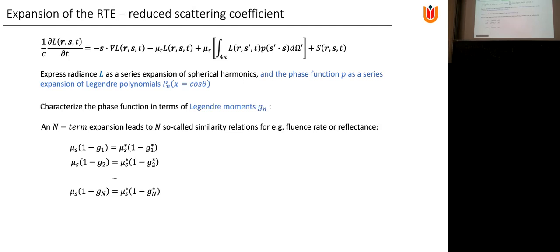And what then happens is that you can calculate the higher order moments, so g1, g2, etc. And what turns out is that you get so-called similarity relations. The similarity relations are written here, so you have to take the product of the scattering coefficient with 1 minus g1. And if you find another pair of values, so mu s of mu,